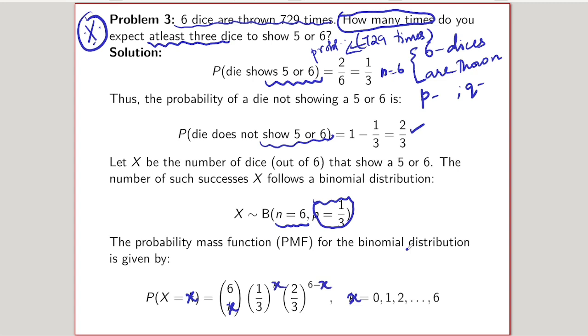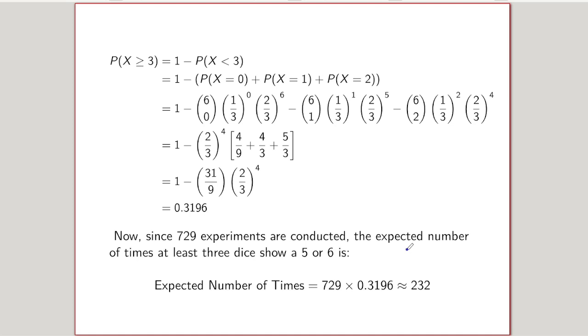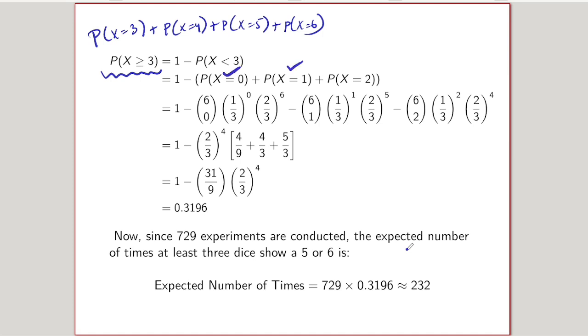up to 6. Now the question is, at least thrice means the value should be greater than or equal to 3. So in a throw we can get 3 dice or 4 dice or 5 dice or 6 dice. So this is nothing but P of X equal to 3 plus P of X equal to 4 plus P of X equal to 5 plus P of X equal to 6. Instead of adding these four values, we are subtracting P of X less than 3 from the total probability 1, because finding the probability of X equal to 0, 1 and 2 will be easy